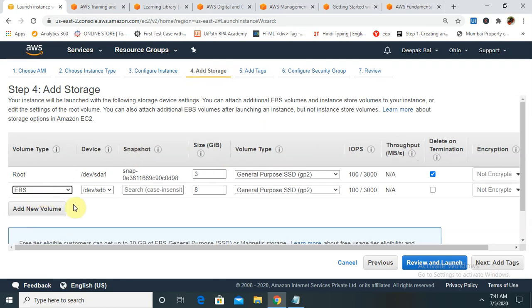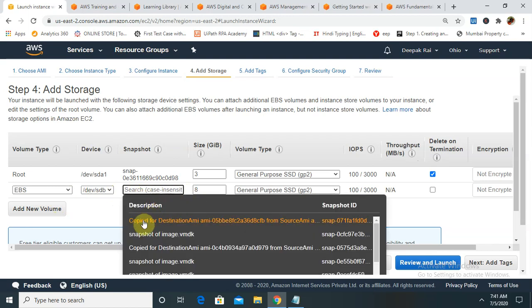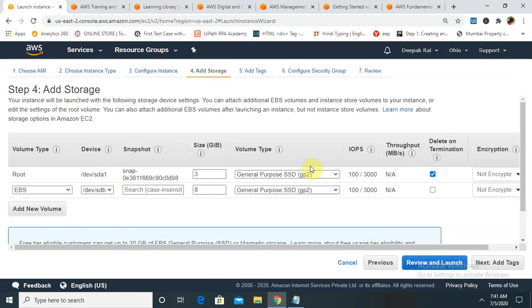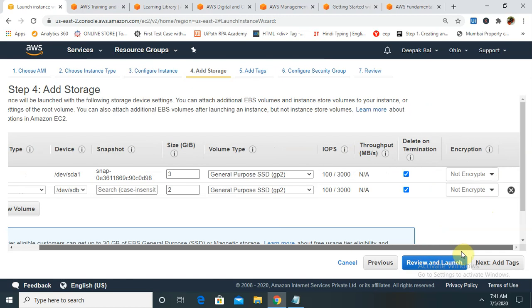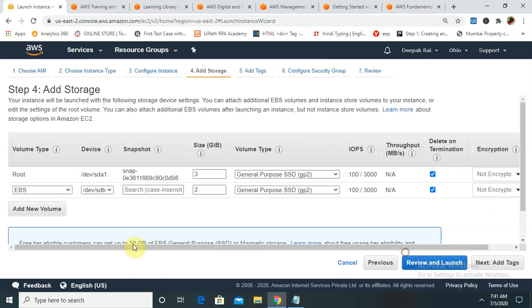Let me add one more volume like EBS, or you can see dev HDB, snap, let's take anything, or others can skip this. Let me put it here 2, and delete on termination you can select it. So whenever you are terminating, this volume should also be deleted.